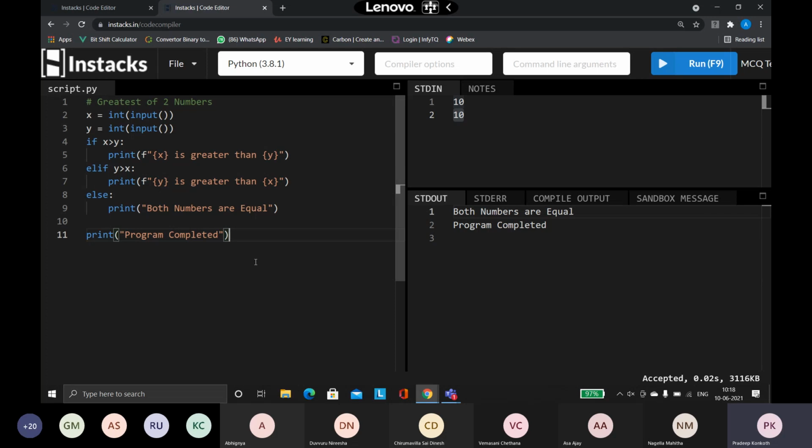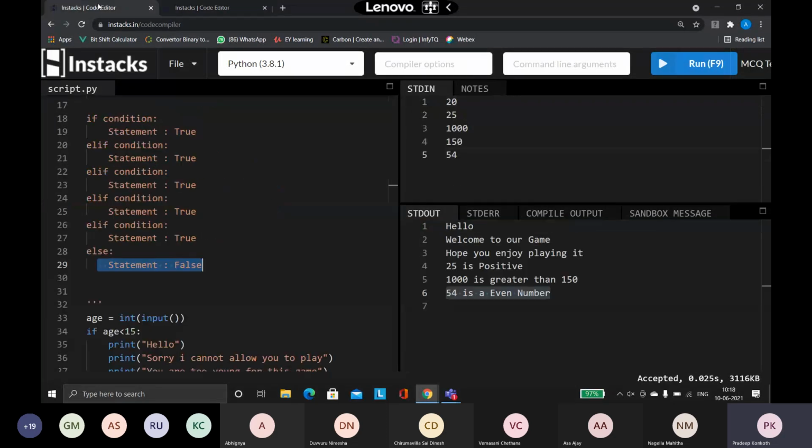See here what happens. First it is checking this condition. This is false. So it will come to the next, which is another condition. It will check whether this condition is true. This is also not true. If both the conditions are failing, then it is coming to the else part, and whatever you are giving in the else part is getting printed for me. So this is how your elif is going to be working.